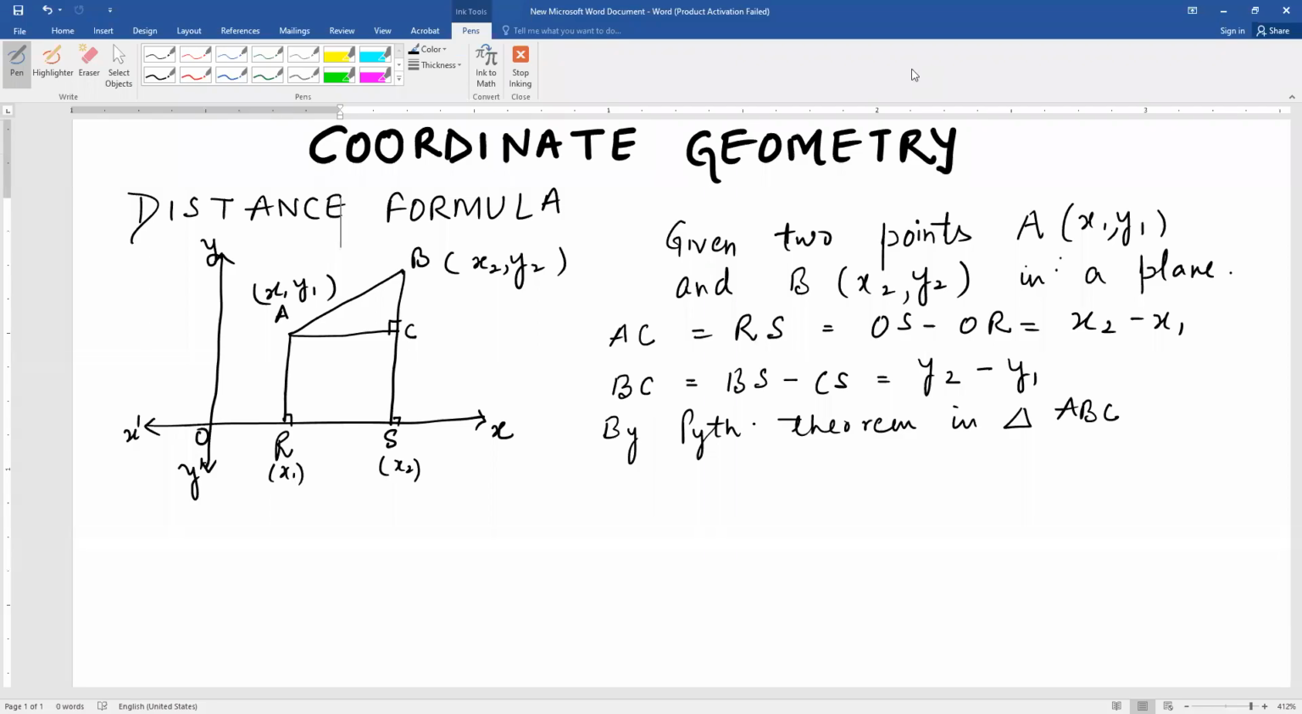Good morning, students. Today we'll be starting the new chapter, Coordinate Geometry. As you already know, we have studied coordinate geometry in class 9th also. You know the horizontal axis is called x-axis and the points on the horizontal axis, that is x coordinates, are